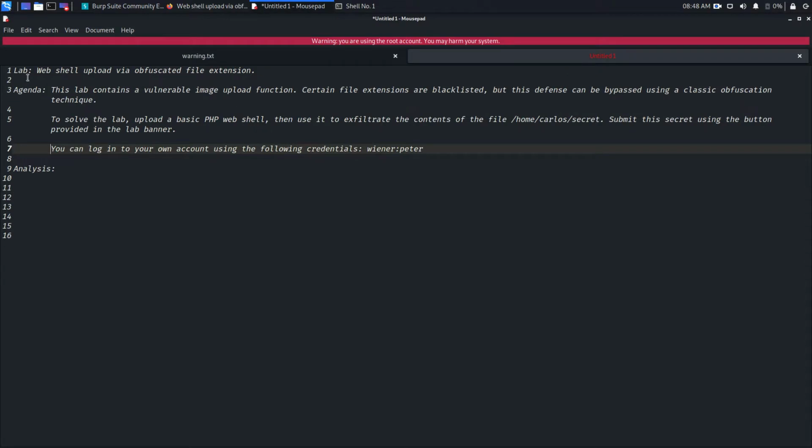So the lab is web shell upload via obfuscated file extension. This time, developers make a blacklist or a whitelist, and they filter any input or request from the client end by matching it against the blacklist or whitelist content.